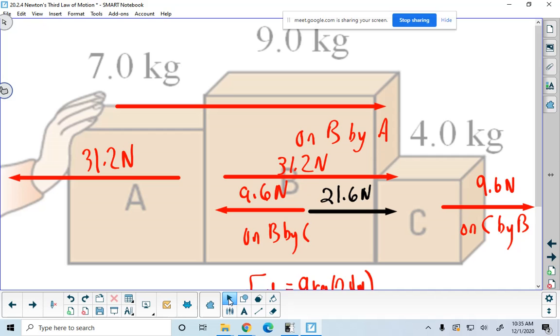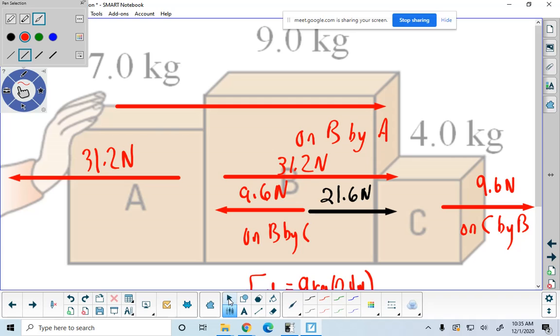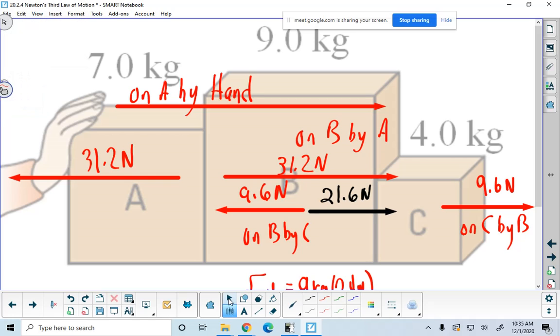The hand. So this force on A is the force on A by the hand. And if you were to take a look at this, that force minus the 31.2 would have to give you the net force. And we can find the net force by taking the mass of A multiplied by its acceleration,